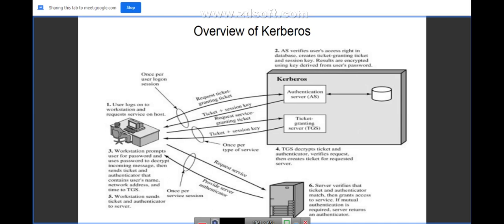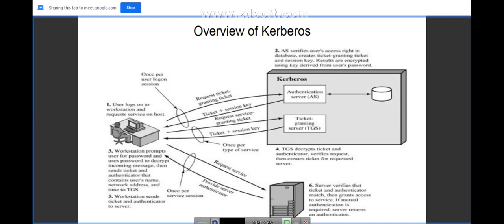Kerberos KDC has been logically split into two different operations. One is the authentication server, which we depict as AS, and the other one is the ticket granting server, which we depict as TGS. So there are two logically separated operations under KDC, or Kerberos, wherein all the passwords are maintained centrally. Now let us look at the diagram.